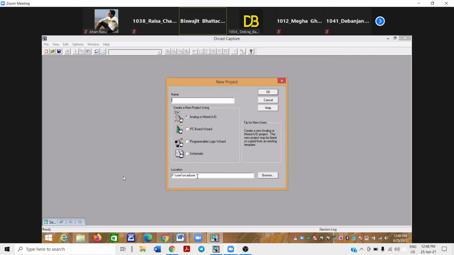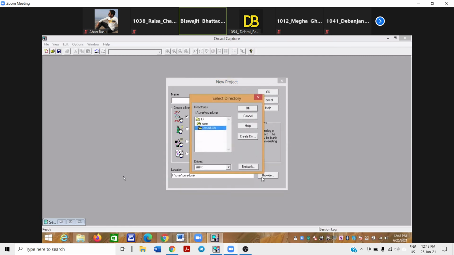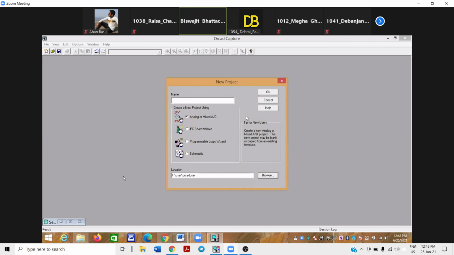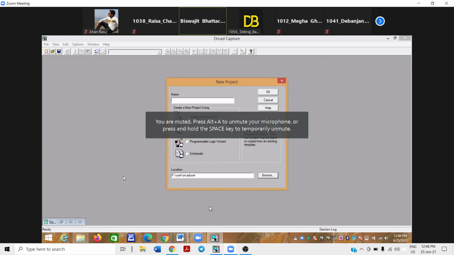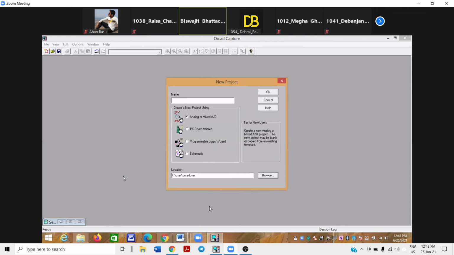There all my programs will be dumped. If you click Browse, accordingly your folder will be there. You can set it accordingly. But once it is fixed, it will remain the same.